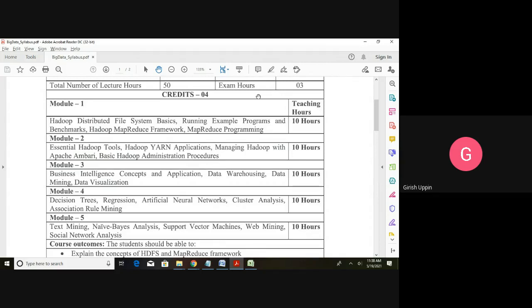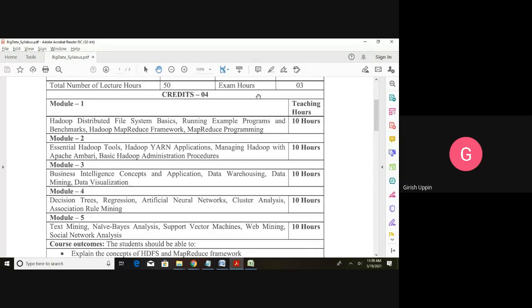Then we are going to learn about Apache Sqoop. Apache Sqoop is basically used for getting data from an RDBMS, that is a relational database management system, or relational database. Examples of a relational database are Oracle, MySQL, Microsoft SQL Server. If we want to import or export the data, we can do it using Sqoop. And we will see how those imports and exports are done using Sqoop, and then Sqoop examples we will look into.